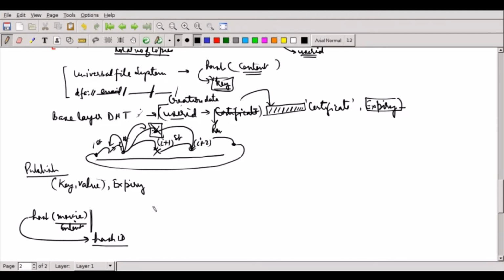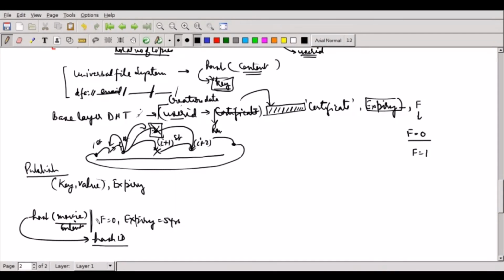So one way to do this is I will set up a flag here. I will create the entry and set up a flag, and this flag is F. If F is 0, this is not final, and when F is 1, this is final. So when user ID and certificate kind of entries are there, I will make F equal to 1 and set up the expiry. This expiry won't change. So from the creation date, after that much period, this entry will be removed. But if it is a movie, I will set F equal to 0. It is not final. And I will set up, say, an expiry of 5 years.